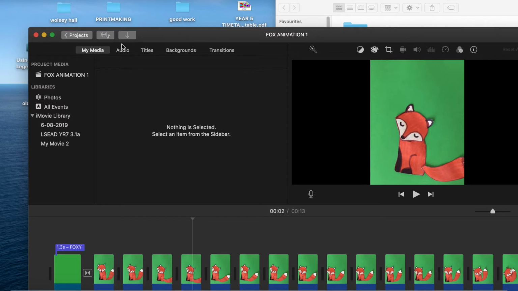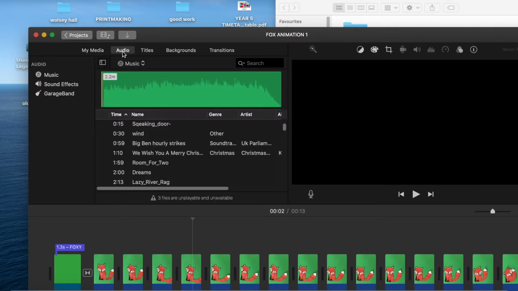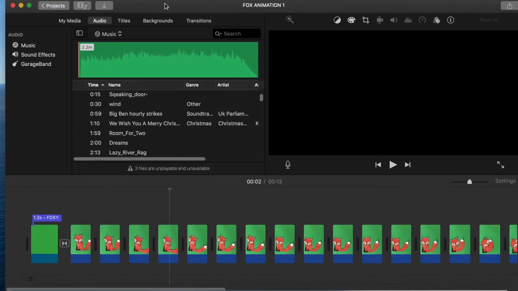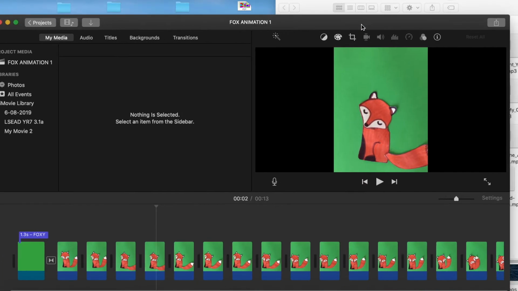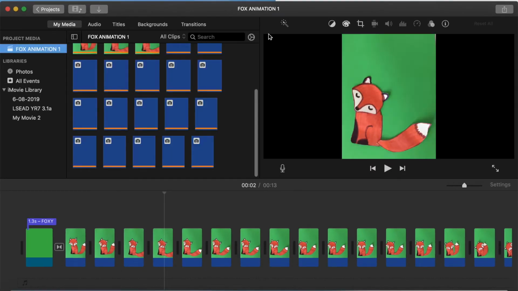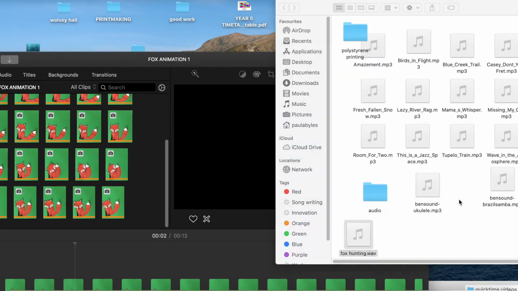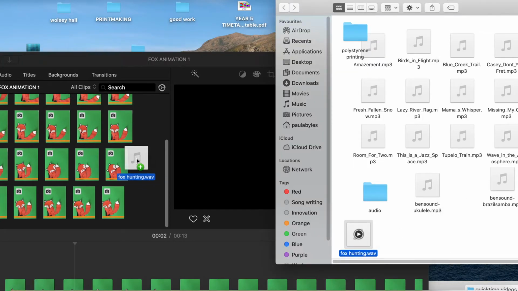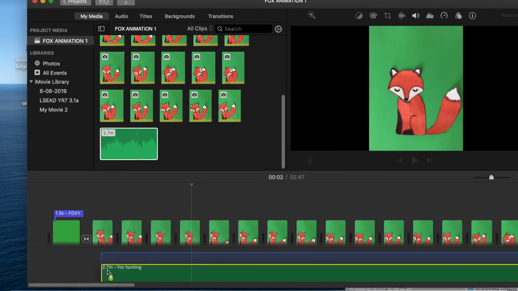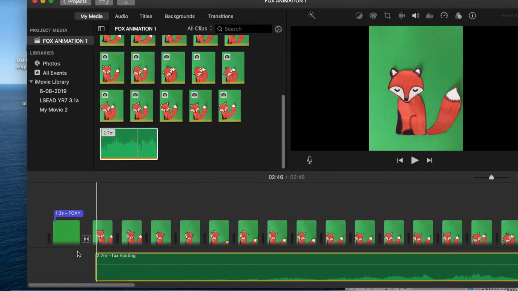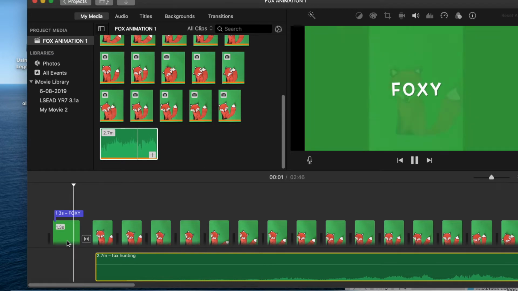I'm going to click on audio. If you're working on Movie Maker, you just have to find the same button. It's virtually identical because Movie Maker actually copied my movie. So I'm going to go back to My Media and just click on this for a moment, and I'm going to actually drag it in here. Just pop it on my clipboard, and then I'm going to actually add it in here so that when I play this now,